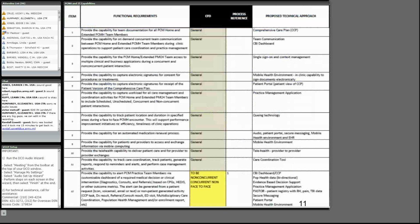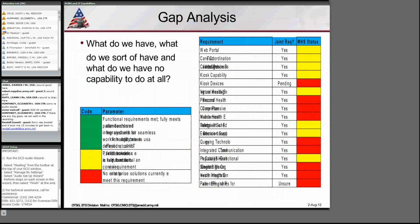And so when you boil it all down, what you get, and I hope that your slides don't look a little garbled like mine do. That's unfortunate. I'm not sure what happened, but anyway, what you get is a list of 17 high-level functional requirements,